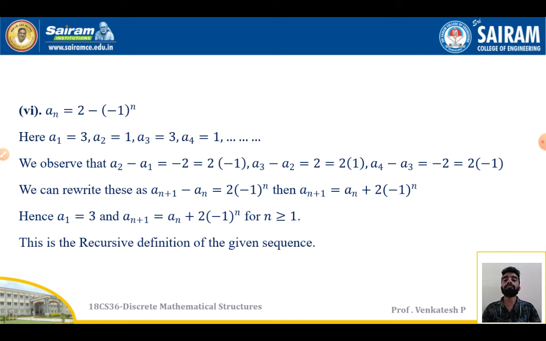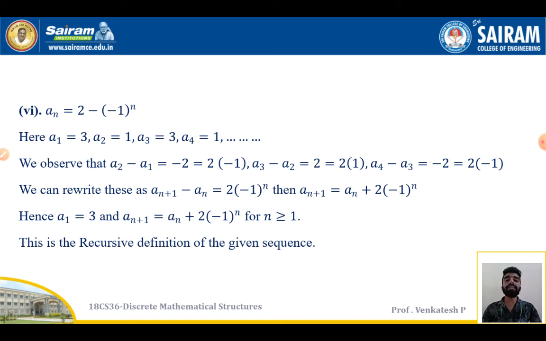So now first let me find the differences. a2 minus a1 is minus 2. I will write minus 2 as 2 into minus 1. a3 minus a2 is 2. This will be like 2 into 1. a4 minus a3 is minus 2 again. So again 2 into minus 1. So I can write this one as